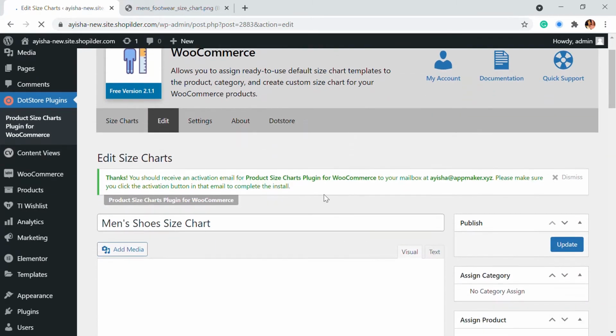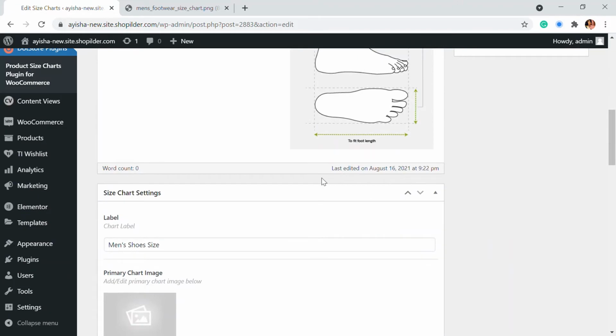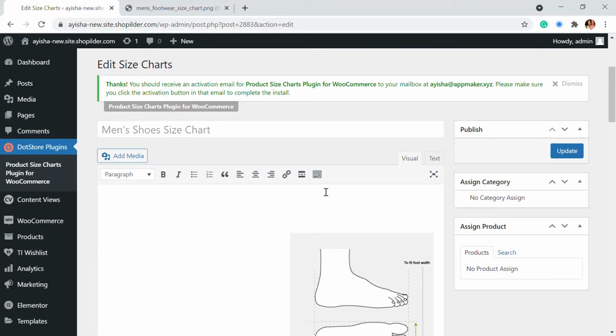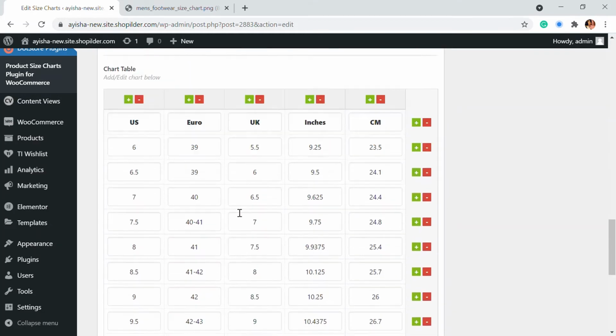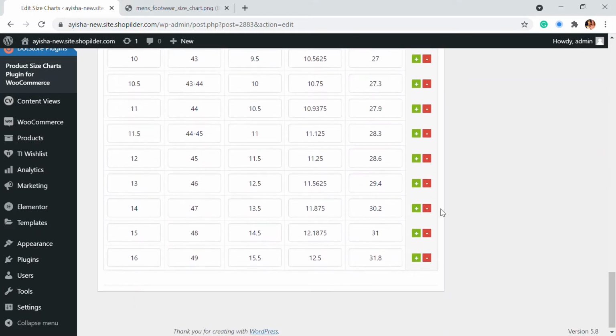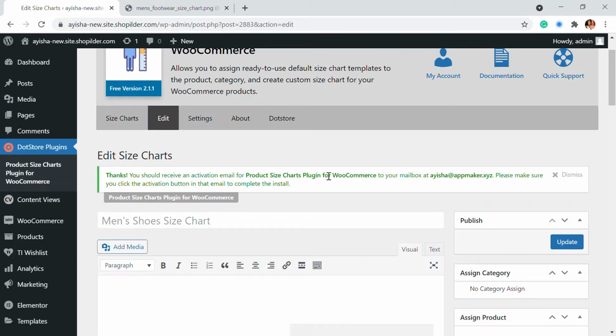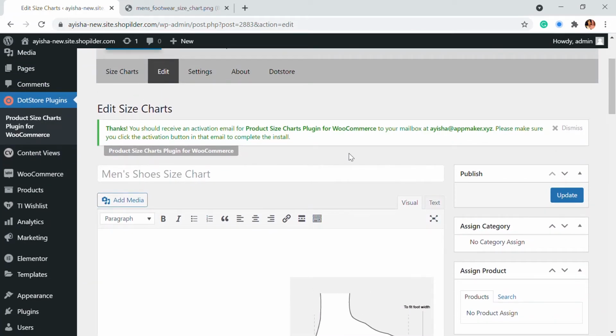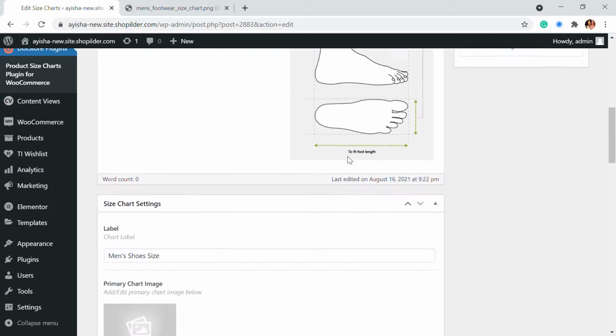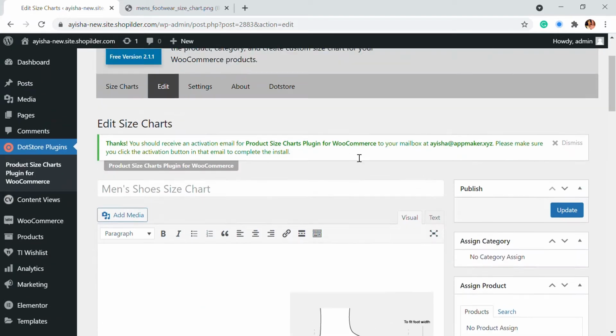So when you click on that, you'll be taken into the size chart option. So this is a pre-given size chart, so all the sizes are already given. So you can either edit this directly and add it wherever you want, whichever product you want.